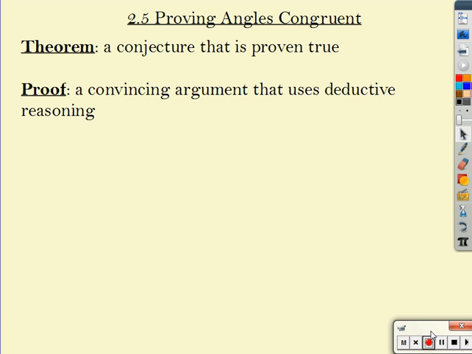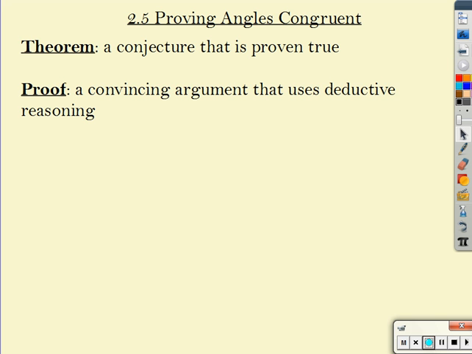So this is here for Chapter 2, Lesson 5 on proving angles that are congruent. We have two definitions. The first thing is something that I have been talking about. It's called a theorem. And a theorem is basically just a conjecture that's proven true. So we're going to make basically a hypothesis about something, and we're going to prove it to be true. And we're going to do that through a proof, which is a convincing argument that uses deductive reasoning. So we'll go over and we'll see what proofs look like here